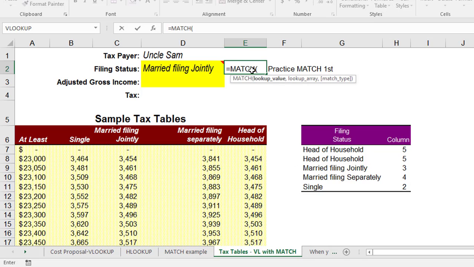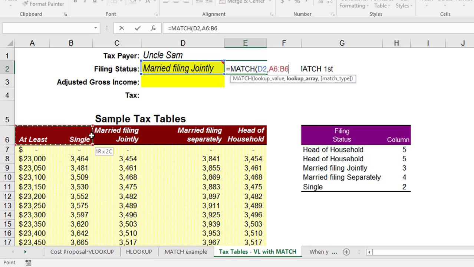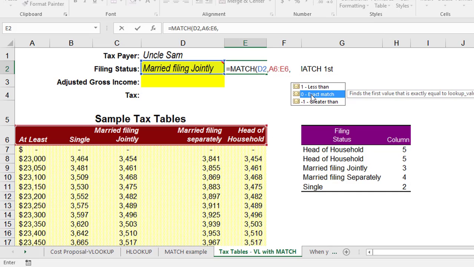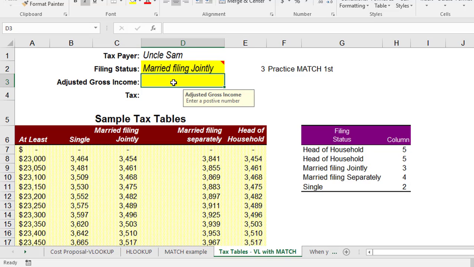Well, in this example, our lookup value is whatever we type here. Our single row array would be this right here, and we want an exact match. So it should return column number 3. So let's do our VLOOKUP as an example. Let's say we earned adjusted gross income